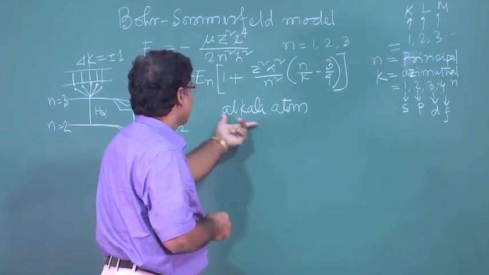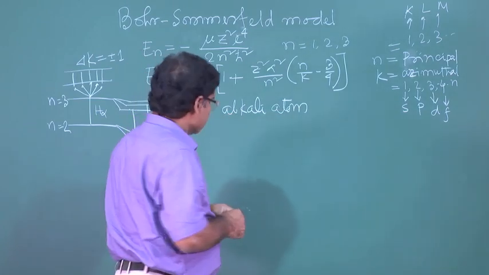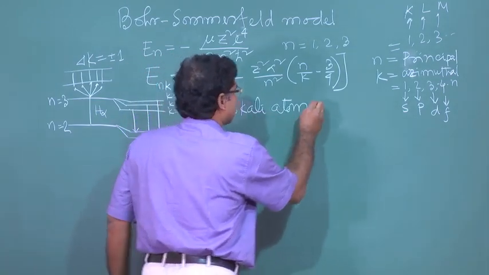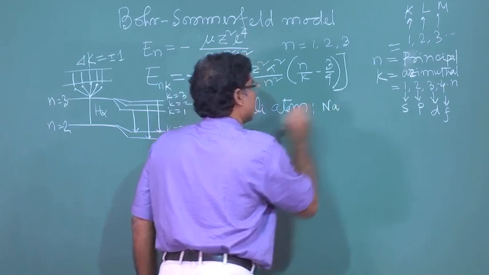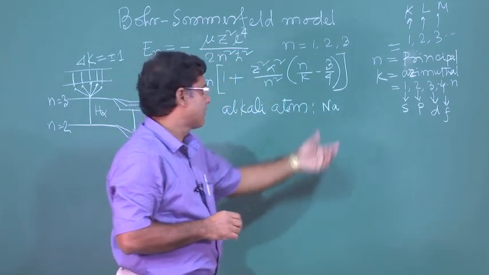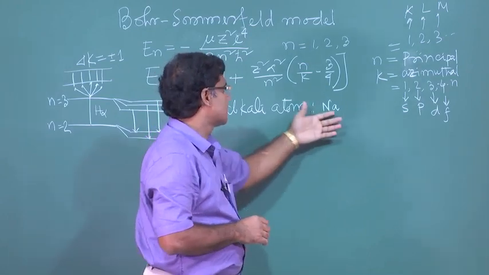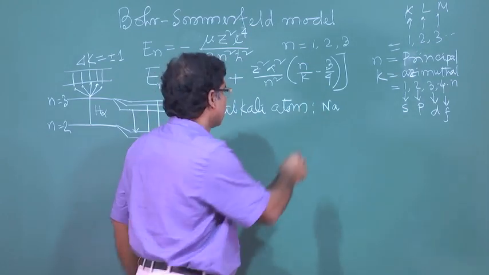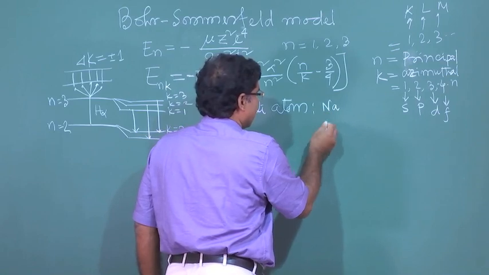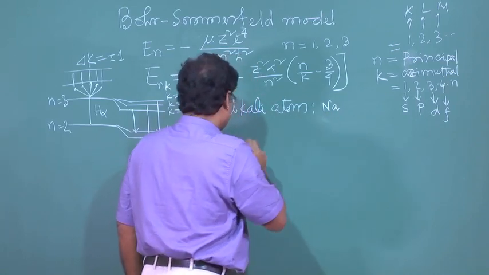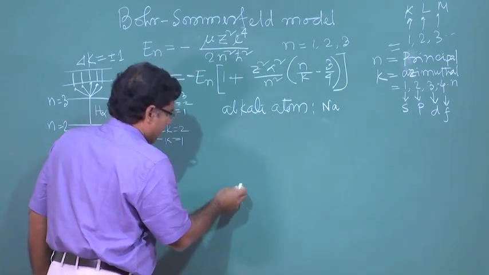So, in the case of an alkali atom, let us take sodium. Sodium has 11 electrons. So the outermost electron is in n equal to 3. So for sodium, if I draw the energy levels,